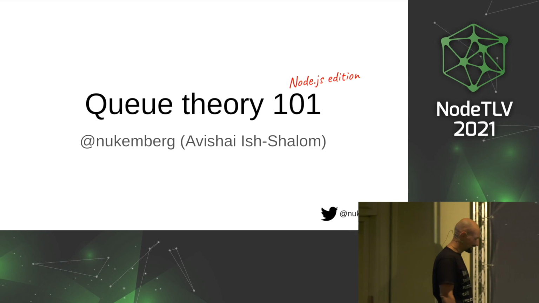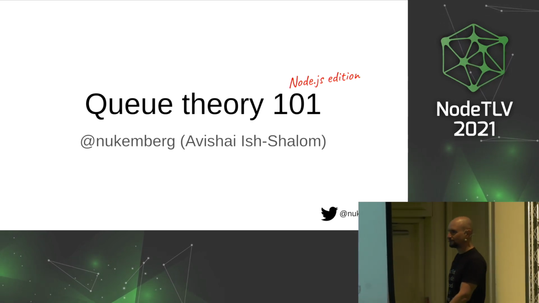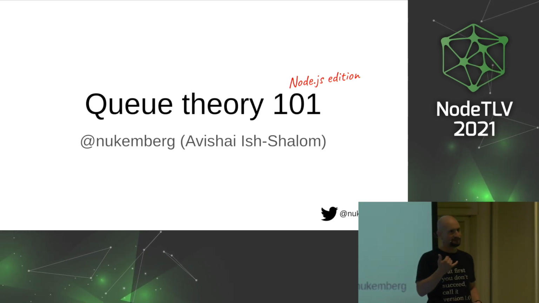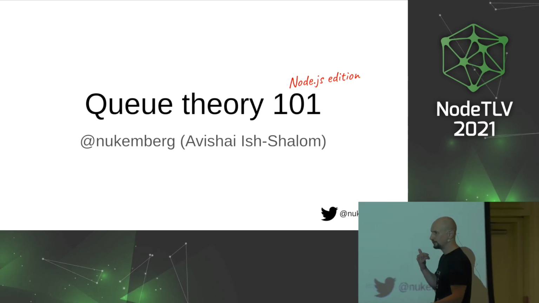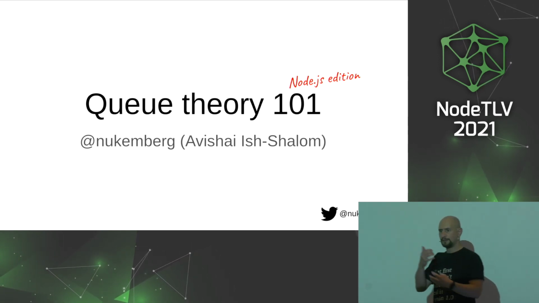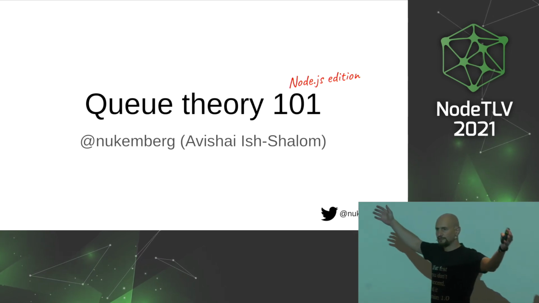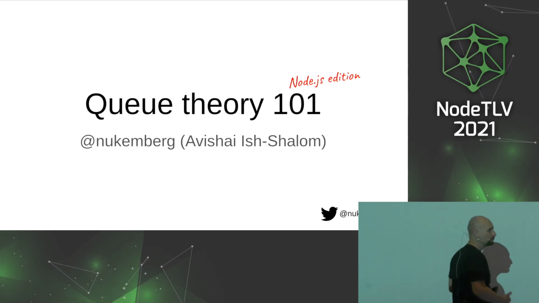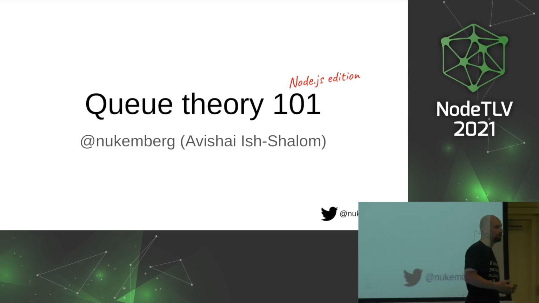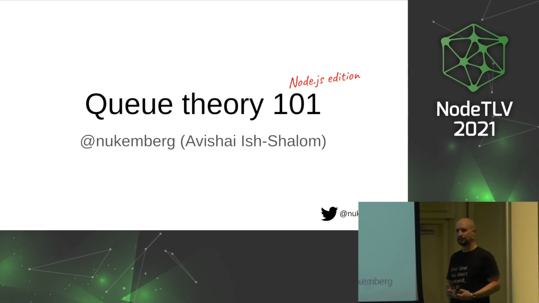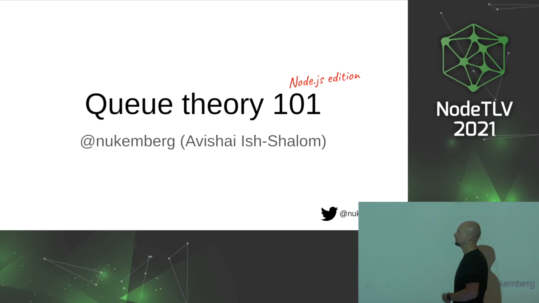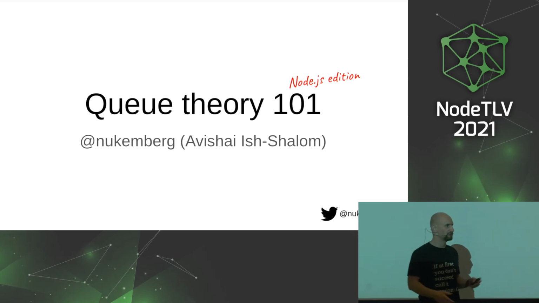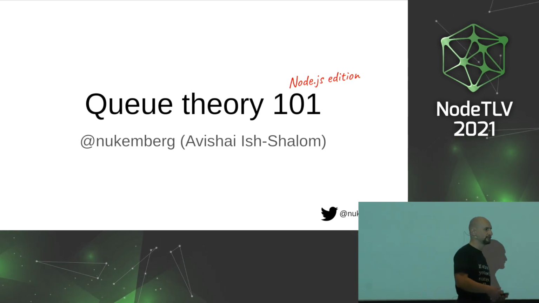So we're talking about queue theory today, which is a mathematical, actually statistical theorem that was originally conceived at the beginning of the 20th century for optimizing what was then known as the switchboard for telephones. In the old days, when you picked up a phone, someone would answer on the other end of the line. You would have to ask that person to connect you to whoever you wanted to call, and there would be people on a giant, physical switchboard who had to physically connect you to whoever you wanted to speak with. And the question was, how many people did you need to employ at a certain time in order to keep the waiting time for the operator down?